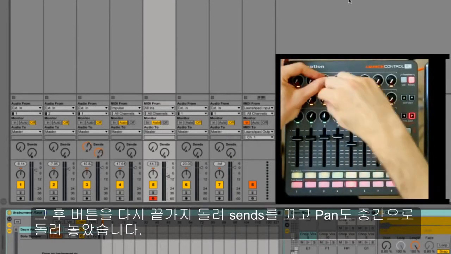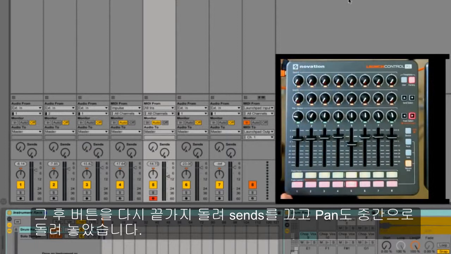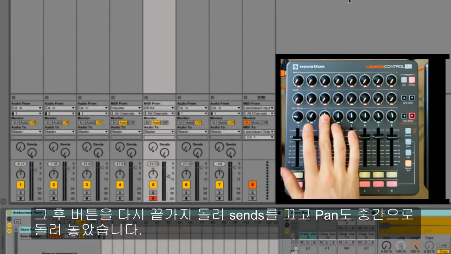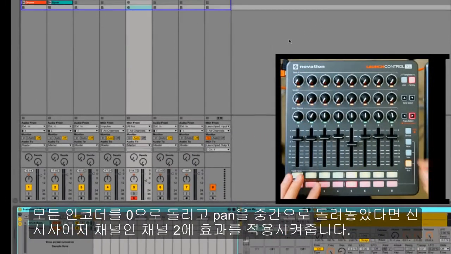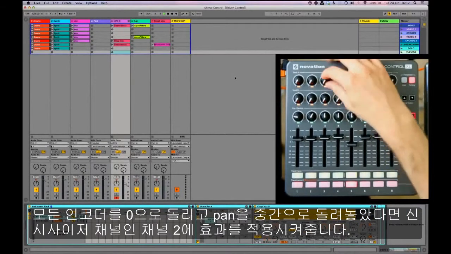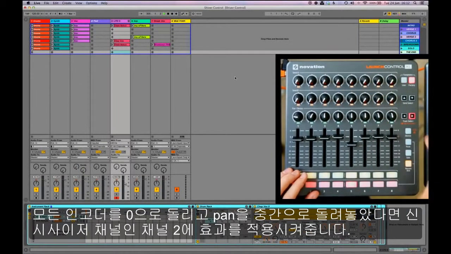And then I swung them back down to off, and then all the sends are off and the pan is back to the middle. Okay, so after I've got my encoders back to 0, the sends back to 0 and the pan back to the middle, the next thing I did was I wanted to play some effects on the synth channel, which is